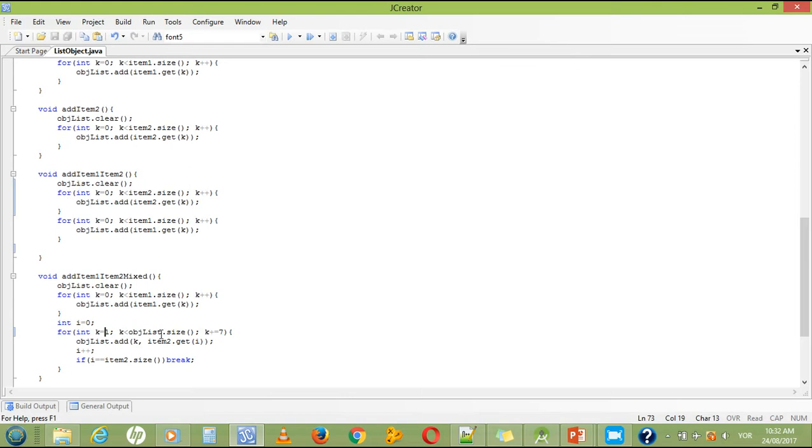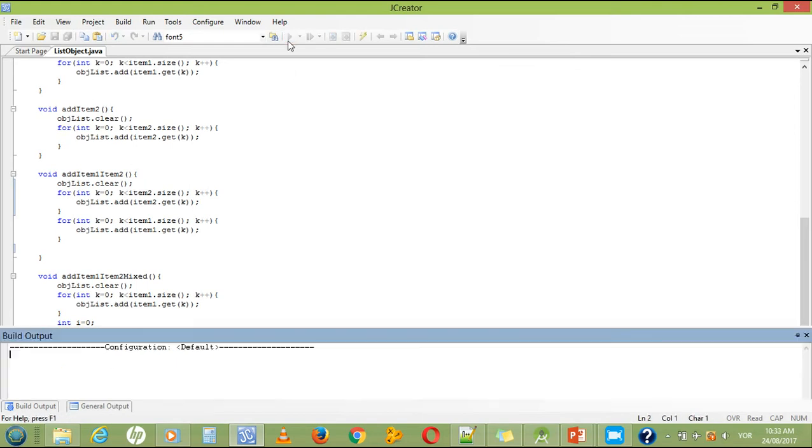The second loop will take 8. Then it will get item 2 because I is now 1. Dot get the second item and add it to the 8th position, and so on till our I will be equal to the size of the item 2 items. Running this code,